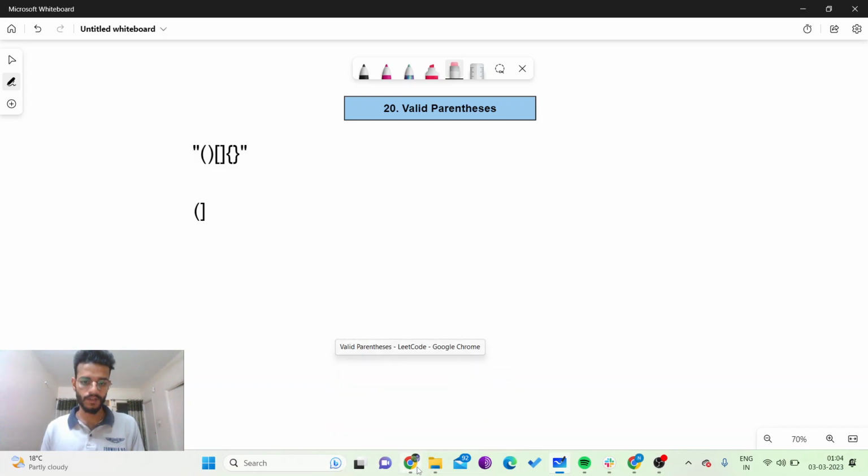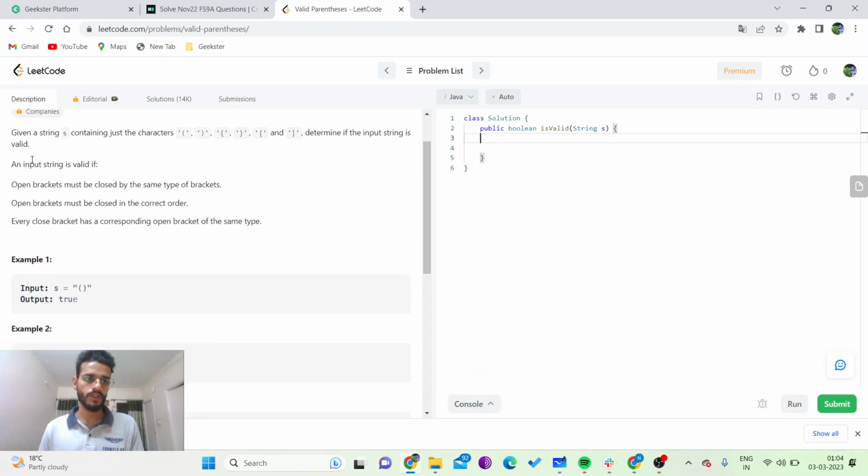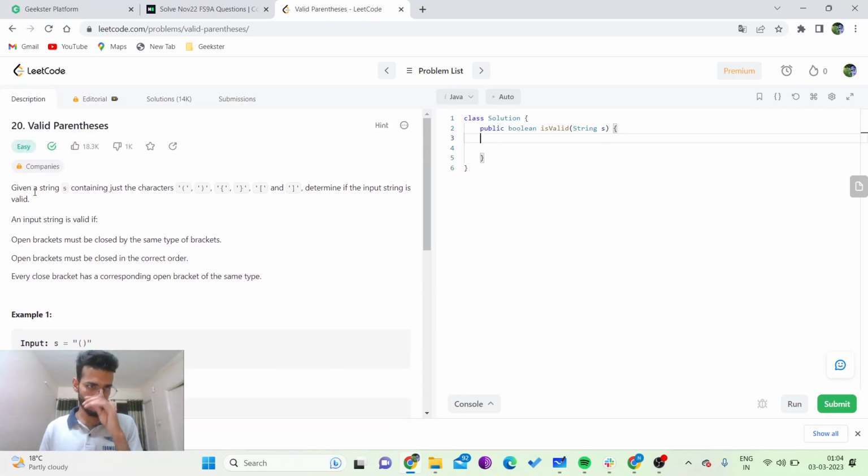So yeah, okay, let's read the question. The question is Valid Parentheses, which is again from the easy level. Given a string containing just these characters, determine if the input string is valid. The input string is valid if open brackets must be closed by the same type of bracket. Open brackets must be closed in the correct order, and every closed bracket has a corresponding open bracket of the